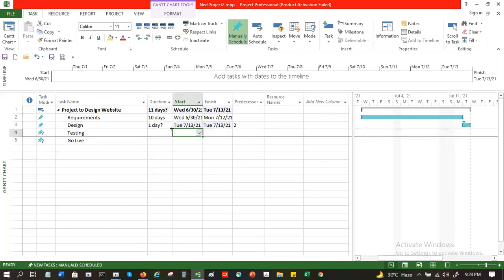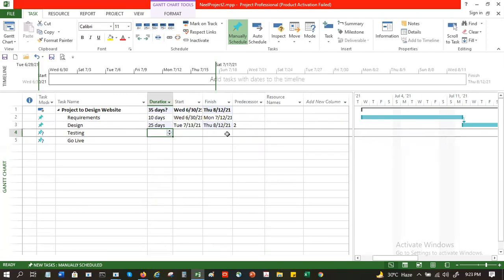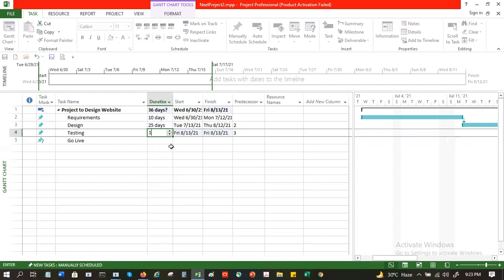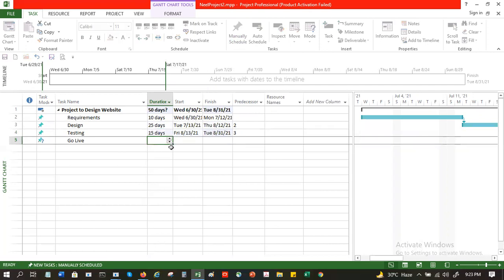So it will start, and let's say I give 25 days, and testing is number three, 15 days, and go live. Is this scheduled manually or auto schedule? No, see here, this tells you these are manually scheduled.